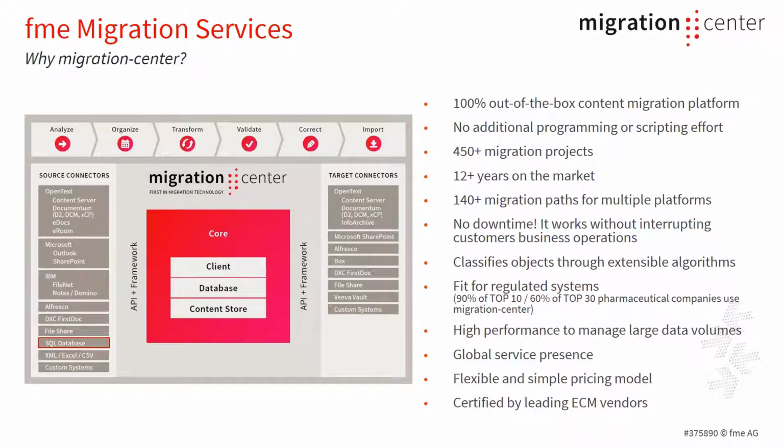It's 100% out of the box, and so on and so forth. And we have more than 140 migration paths, where a migration path is a unique combination of source and target system. But today we are speaking of the case if there's no connector available. That's not a problem, because in many situations, and that's my focus for today, we have done migrations using the